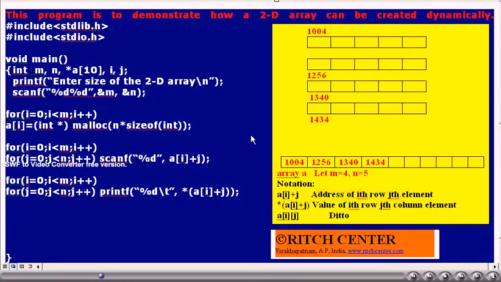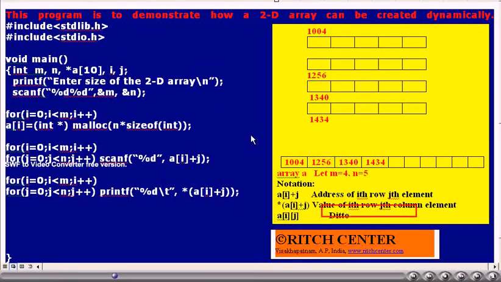Thus, to conclude, *(A plus i) plus j is the address of the ith row jth column element of our 2D integer array for which memory is allocated dynamically.